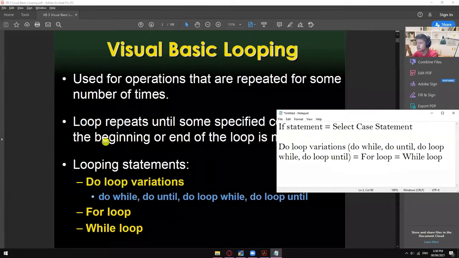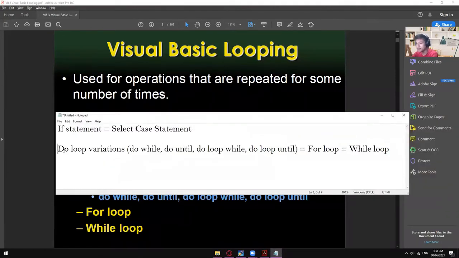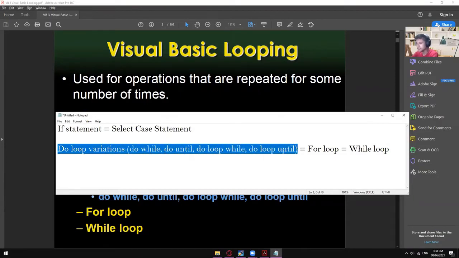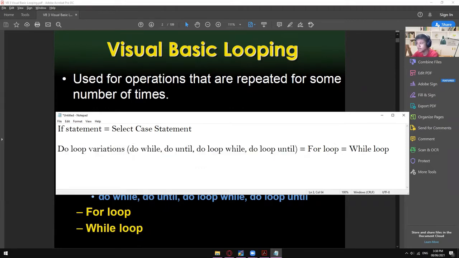So let me just make it bigger. Under do loop variations, this is just a syntax which is made for do loops, or do whiles or do untils. This is another syntax which is called for loop, and then another syntax which is called while loop. So again, this is quite the same with the if statement and the select case statement. Whatever you can do with the do loop variation can also be done with the for loop statement, the same with the while loop statement, and vice versa. They just have different